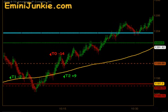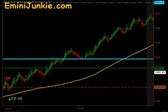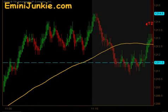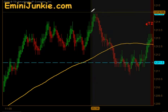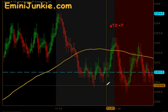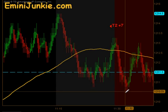You can see the market just basically pushed higher, stayed above our gold moving average all the way up until the 11 o'clock time frame, and at 11:15 it came back down through the moving average, gave a signal right before the lunchtime dead zone to get short. That signal did produce targets 1 and targets 2 to the downside for 7 ticks as we headed into